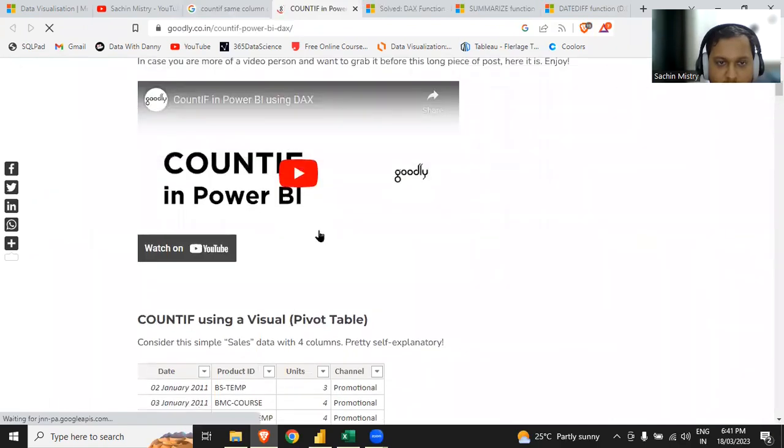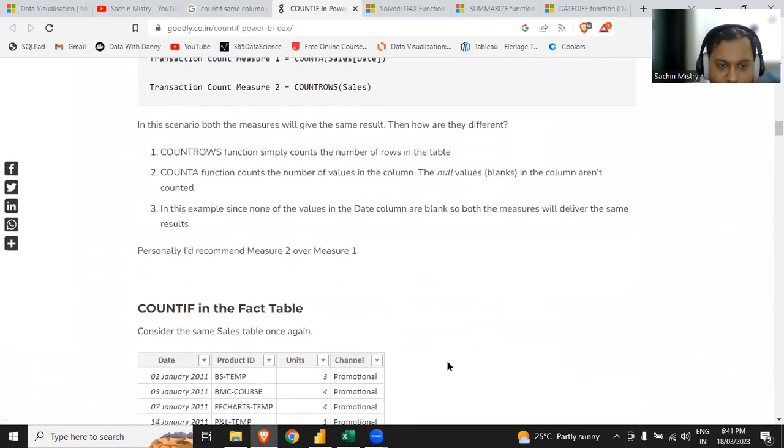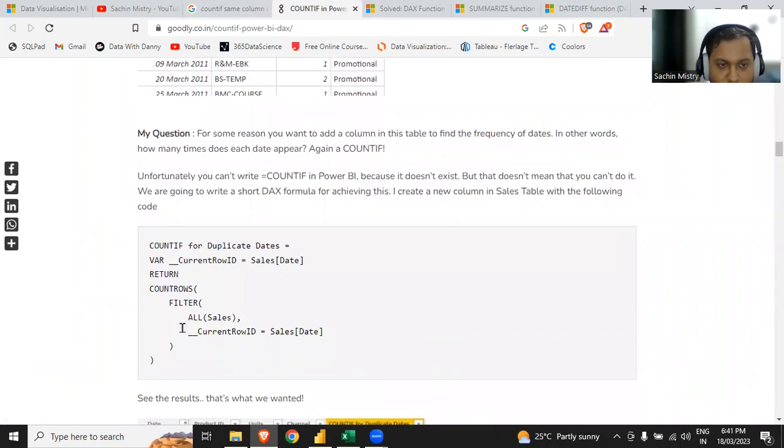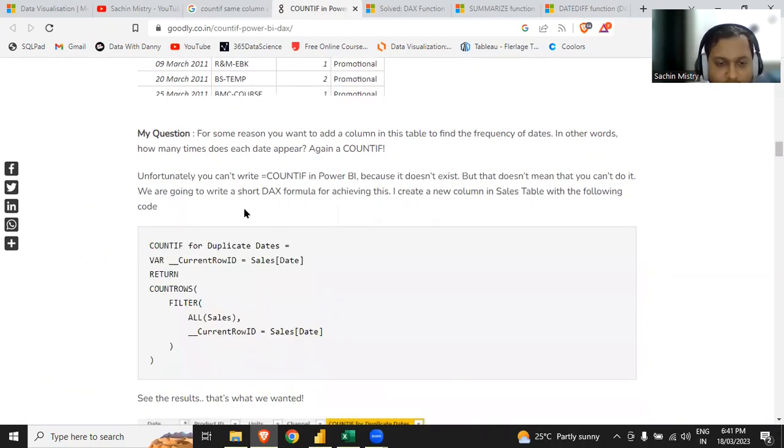So we can watch this video and try to understand how they have used COUNTIF, or else directly move to the formula which they have mentioned over here. So I'll just scroll down to final formula. Okay. So here's the final formula for duplicate items. So what they have done is,